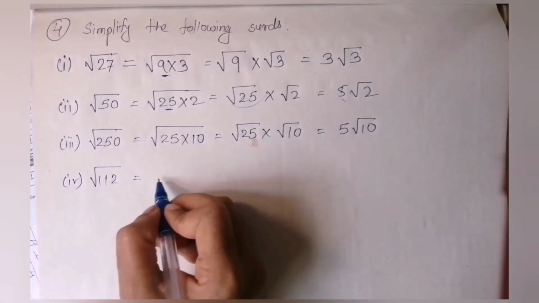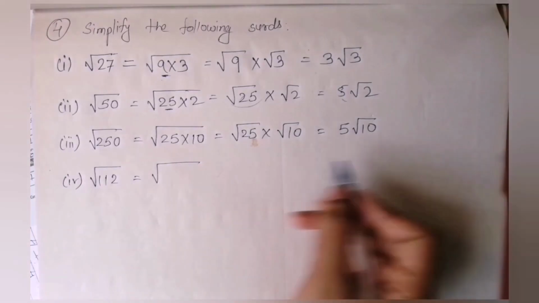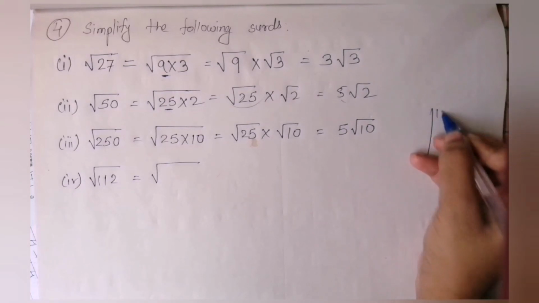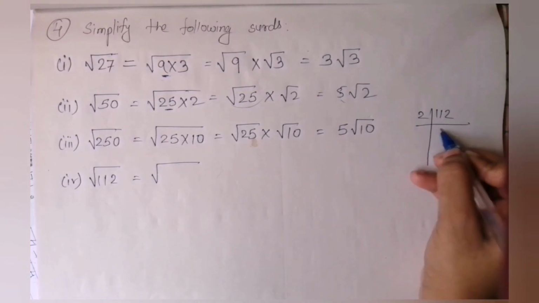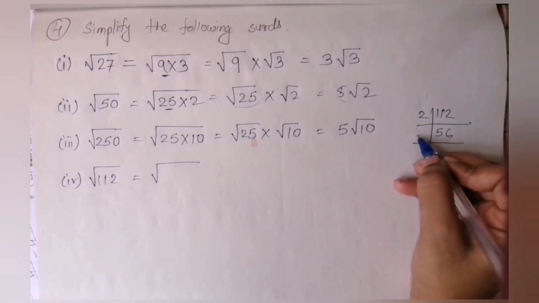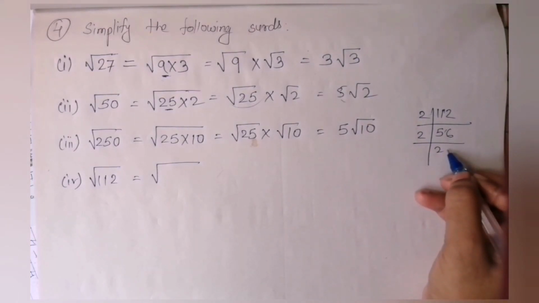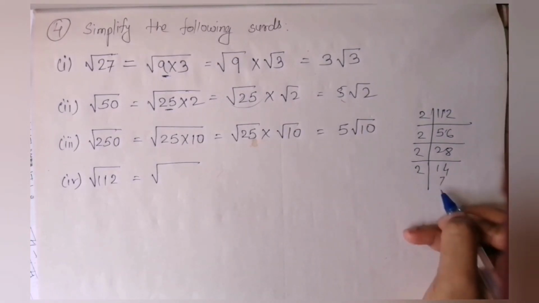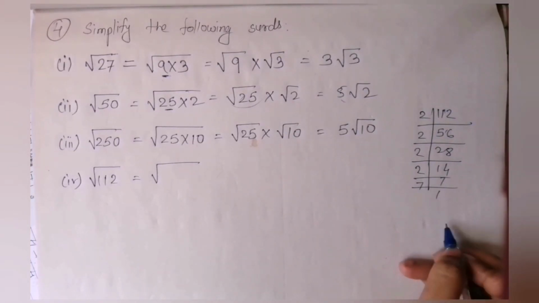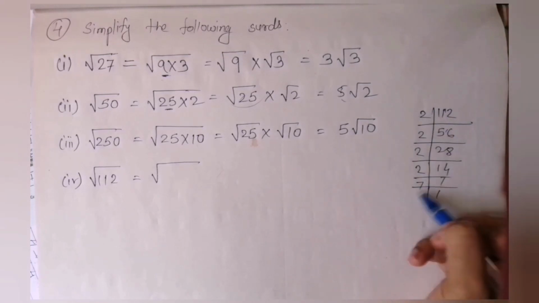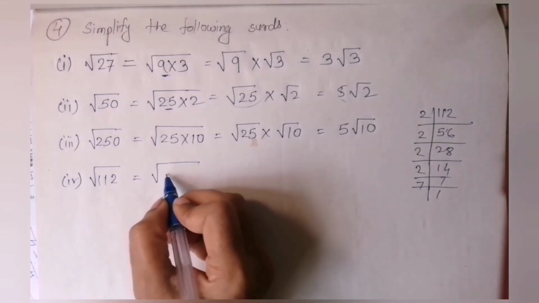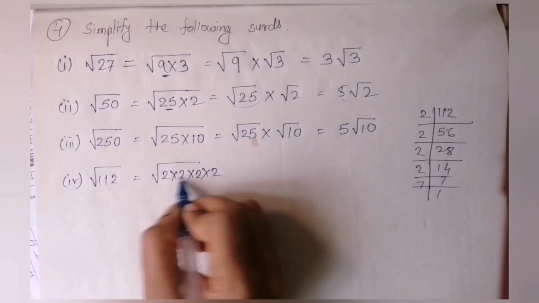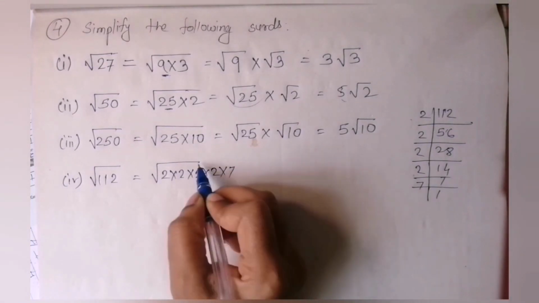112. Now what is that? So when you factorize, suppose this is a big number. So what you do, first factorize 112. So 2 5s are 10, carry 1, 2 6s are, 2 2s are, carry 1, 2 8s are, 2 1s are, 2 4s are, right? Then 2 7s are. After that 7 1s are. Now students, write down all these numbers in this under root. So what is that? 2 multiply 2 multiply 2 multiply 2, 2 means 4 times, and multiply 7, right?